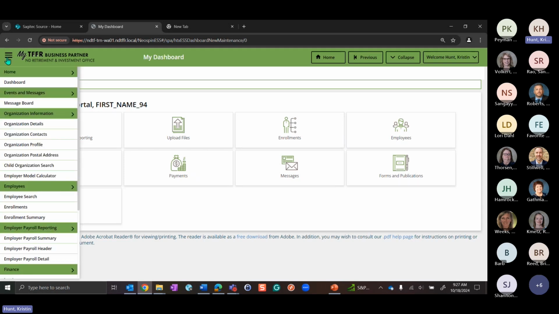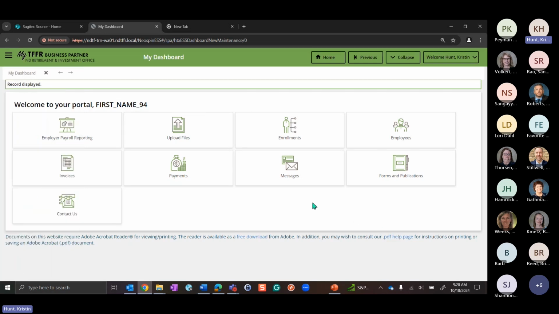Up in the hamburger menu, under the home section, you have dashboard. If you click that, it takes you to this screen. If you prefer the dashboard screen as opposed to the home screen, this is just another way to tool around the ESS.